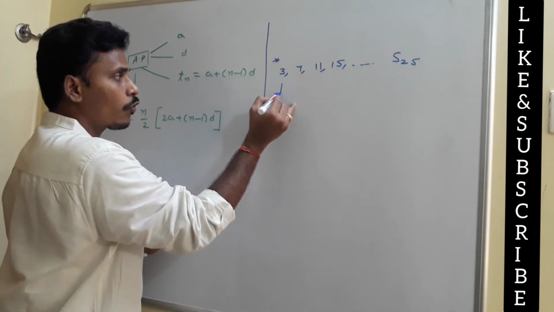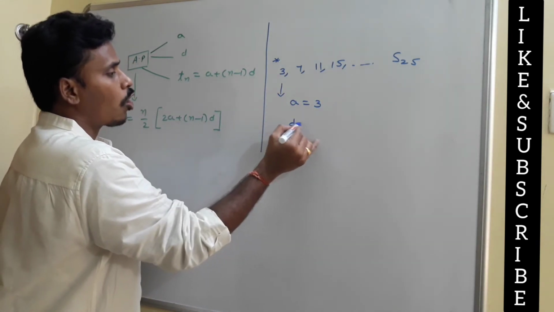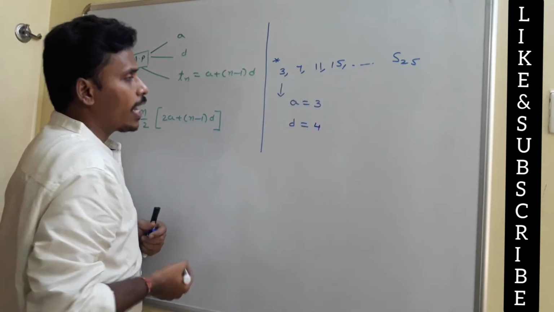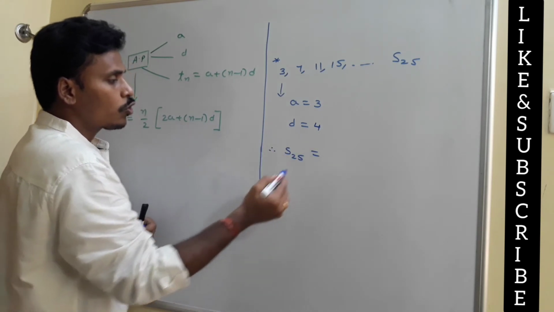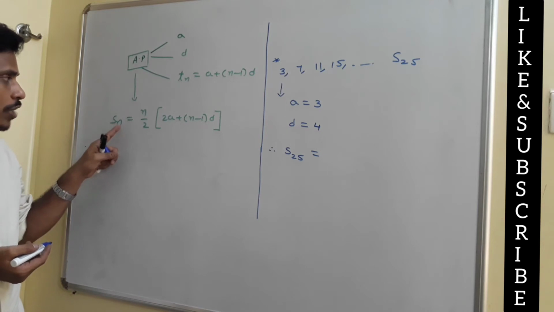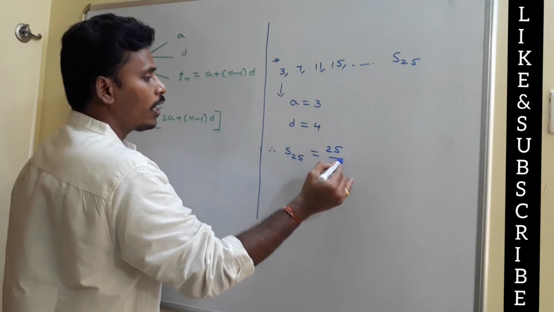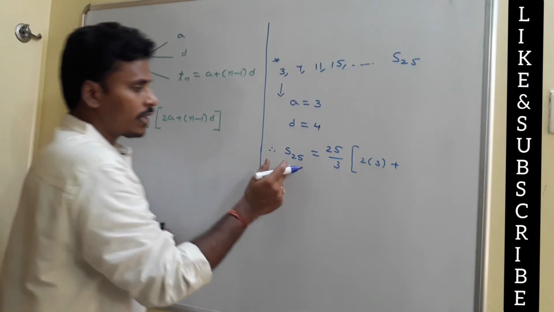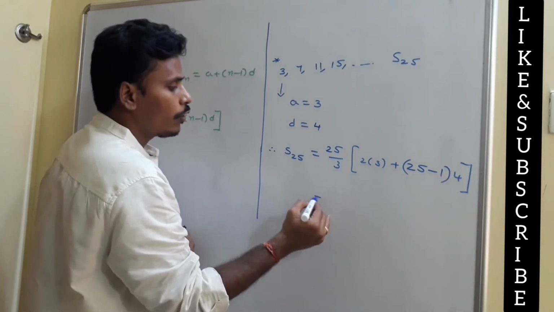To calculate the sum of 25 terms of the arithmetic sequence, it is very clear that a is equal to 3. And what to say about the common difference? By clear observation, the difference is 4, the difference is 4, and the d value is again 4. Now, you are asked to find sum of 25 terms. So S25. As per this formula, since we are calculating the sum of 25 terms, you just take n as 25, a as 3, and common difference as 4. Then it becomes 25 by 2 times of 2a, 2 times of 3 plus n minus 1. Since n is 25, n minus 1 is 25 minus 1 times d is 4. That's what you need to simplify.